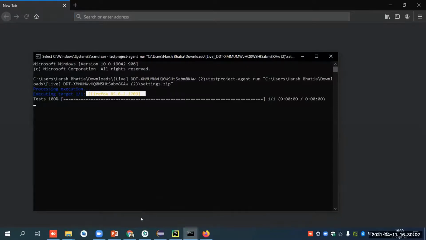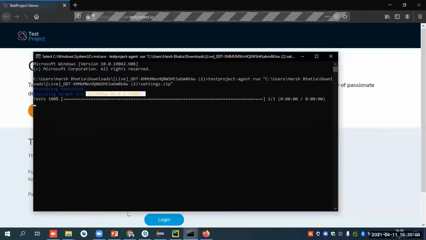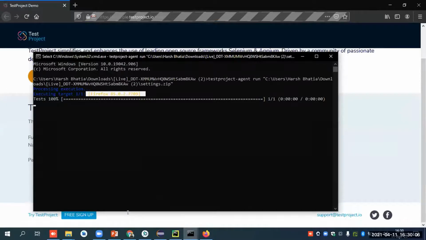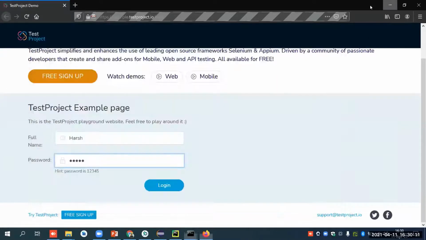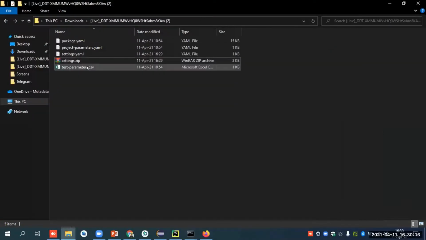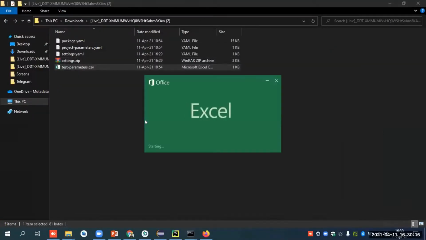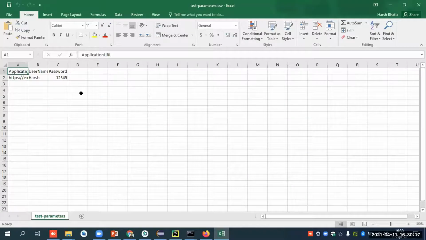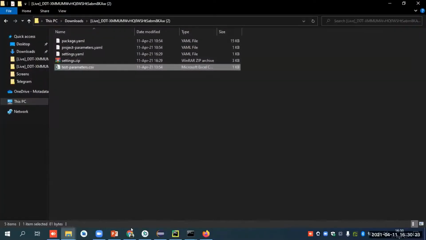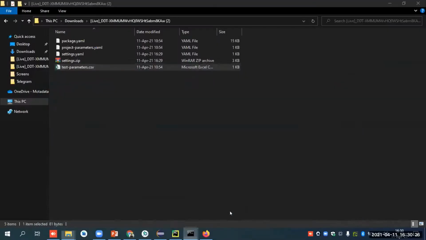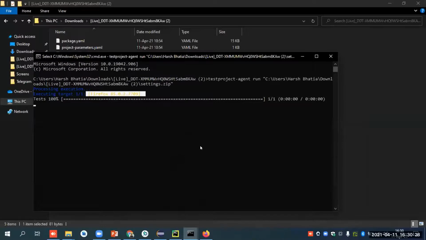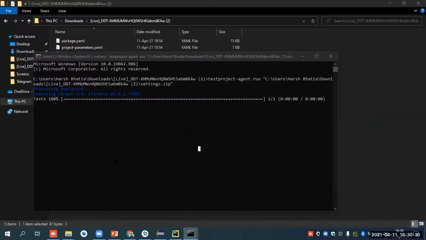So with those, you can just overwrite if you want to change your parameters value, if you want to change your CSV file. There is one CSV file also for the base parameter. So if you want to change the value of your parameters, you can change it. If you want to keep the occurrence of, it will iterate based on that. Okay. So it has been executed. It's right now running.